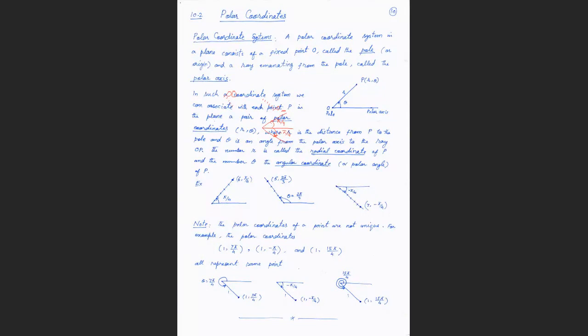So if I draw a point graph, you can tell me the polar coordinates for this one. For example, this is the graph, and this is theta equal to pi by 3, and there are only 2 points. So what is the radial line? What are the polar coordinates? The polar coordinates are 2 and pi by 3.